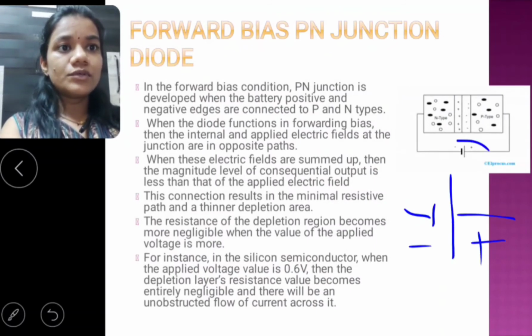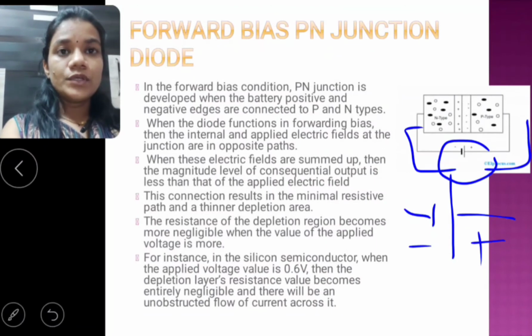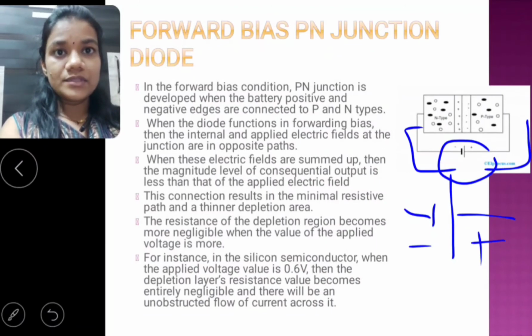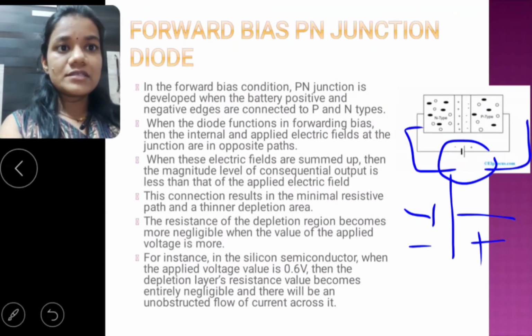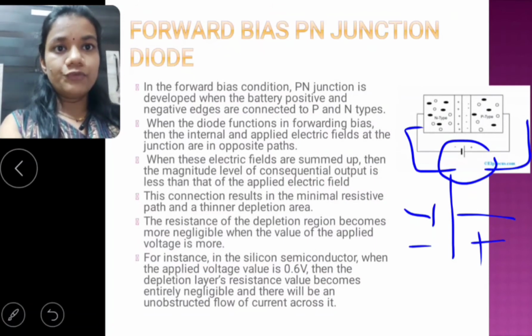Here you have shown that the positive terminal is connected to p type and negative is connected to n type. So we can say that the diode is in forward bias condition. When the diode is functioning in forward bias, the terminal and applied electric field at the junction are in opposite paths. When these electric fields are summed up, the magnitude of the resulting output is less than that of the applied electric field.